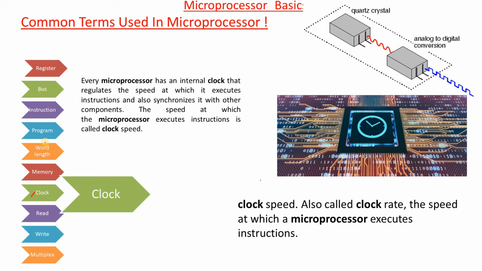Previously we have seen all these terms. Now we are going to see clock. What is meant by clock? What is the need of clock of the microprocessor? What will happen with the help of clock? What is the operation we are going to see? So here clock is a regular time interval. I think we are going to generate regular time intervals.